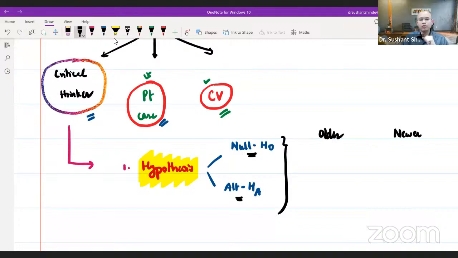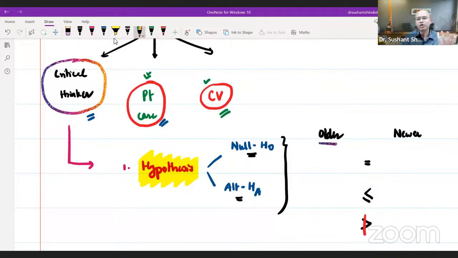For example, you might want to give a hypothesis that the newer drug is equal to the older drug. They are equivalent. You might want to say the newer drug is better, superior to the older drug. You might also sometimes say it might not be superior, but superior or equal, that whatever happens, it is not inferior to the older drug. Now, if this language is confusing you, just hold on.